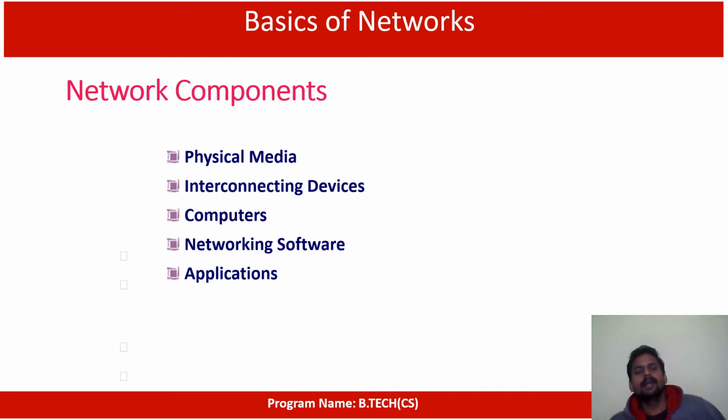All right. Now we know what a network is, but we have to understand what components are used to make a network. Because if computers are able to connect and share information, then we can say that group of computers is called a network. Not only the computers, then what other things are involved in forming a network? So we have five important components.